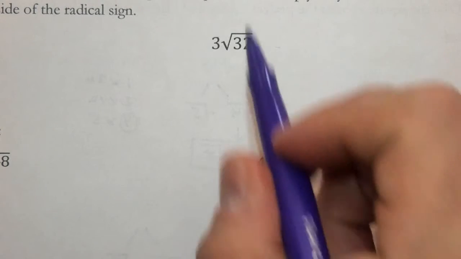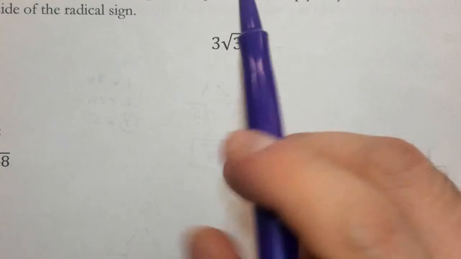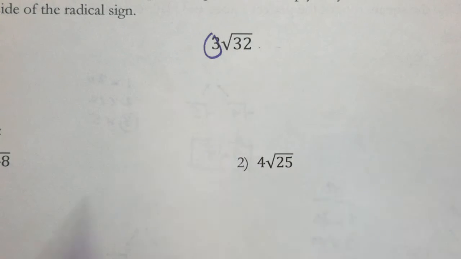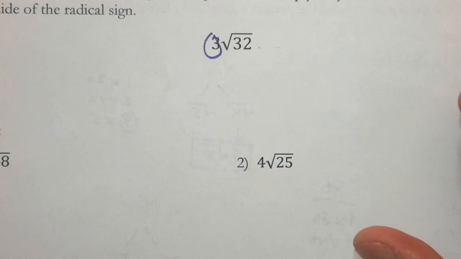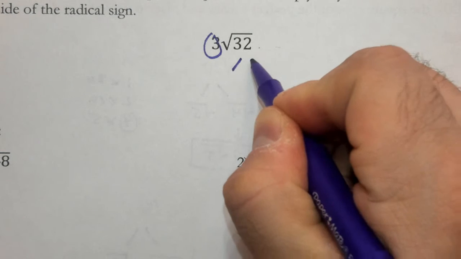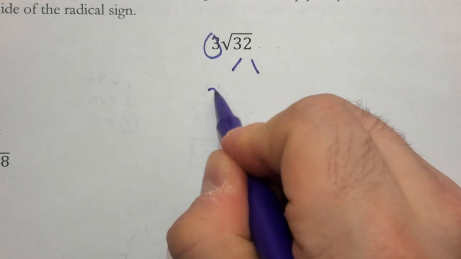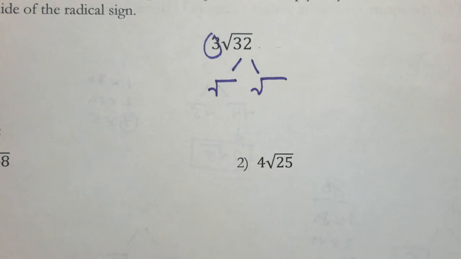Now, as far as the 3 goes, you're not going to do anything with it right now, so I'm just going to circle it for later. But what we want to focus on is the radical 32. Now, you're going to simplify this exactly how you would simplify it if that was all you had. So I'm going to break this down into 2 numbers that multiply to 32, with one of them being a perfect square, and hopefully the biggest perfect square that you can think of. So if you were to look at your list of perfect squares,